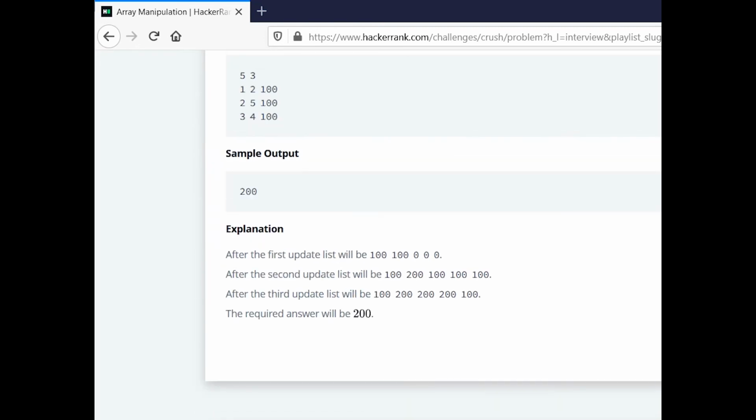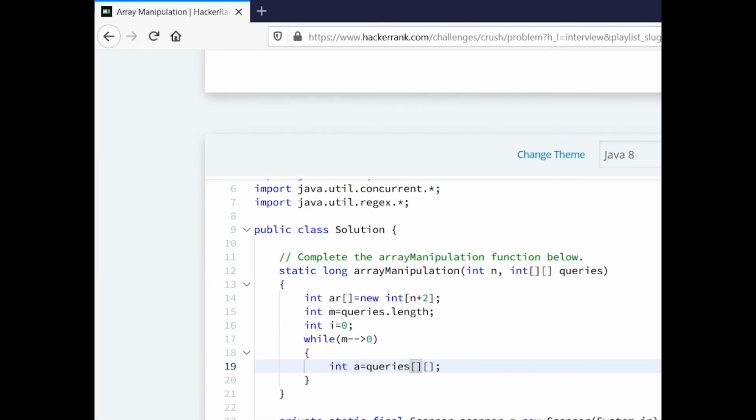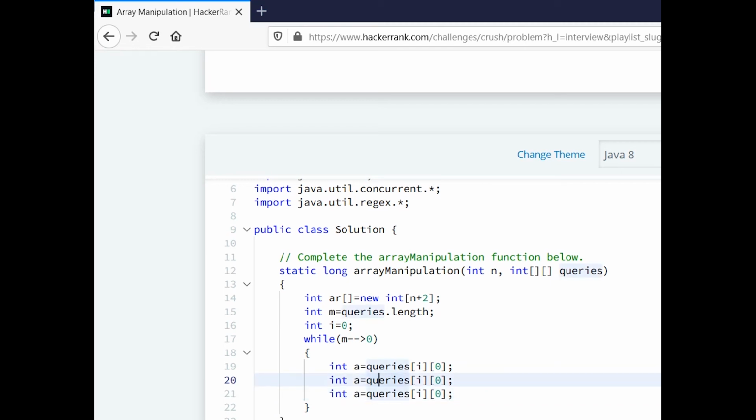Each query has index 0, 1 and 2. So int a, int b, and then we have k. So a is queries of i 0, b is queries of i 1, and k is queries of i 2, for every ith query.